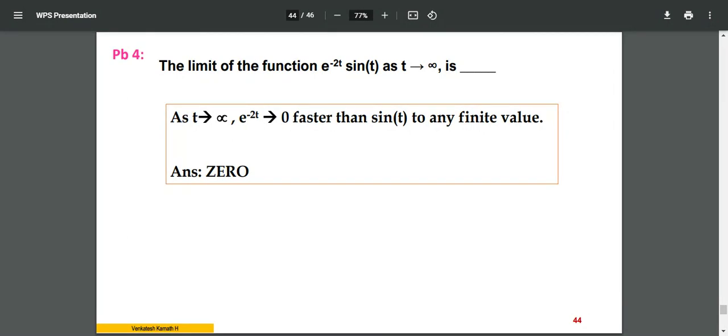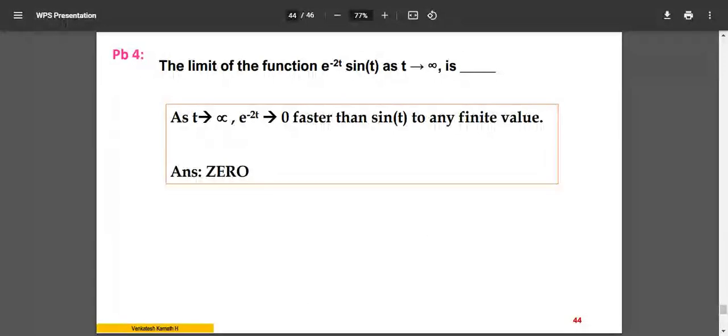Now, if you observe, put infinity there. Sine of infinity, as t tends to infinity, for sine, it tends to a finite value. It tends to some finite term. Whereas e power minus t tends to a very small value, e power minus infinity. So the first function f1 of x will tend to 0.